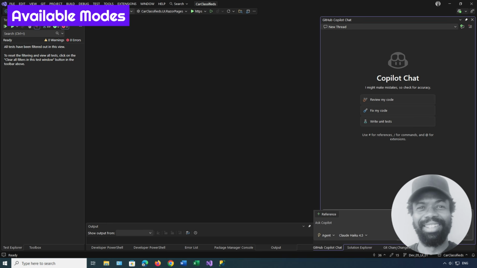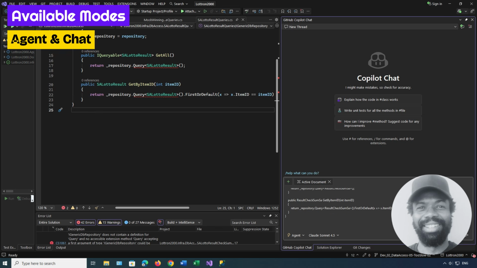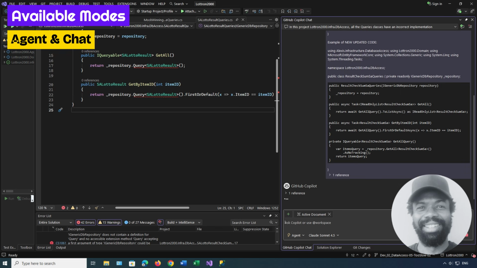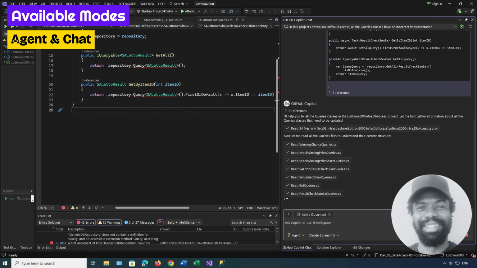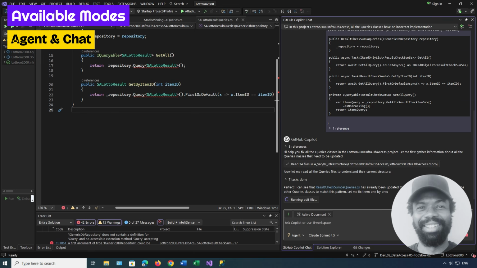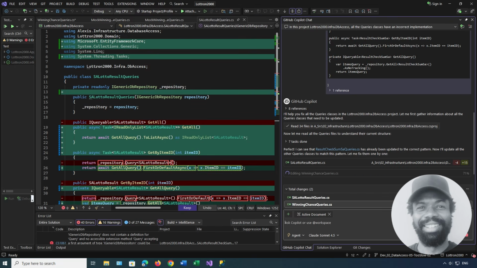Now, the first super simple basic concept to understand: there are two modes in Copilot, namely chat and agent mode. Agent mode goes beyond just basic chat in that it can actually do physical actions in Visual Studio, such as creating files, editing them, creating new solutions, creating projects, doing builds, running tests. So pretty much every action that a human developer would normally complete manually can be done automatically in